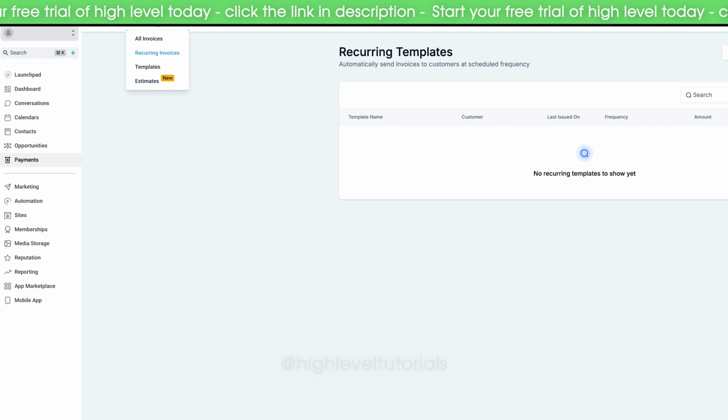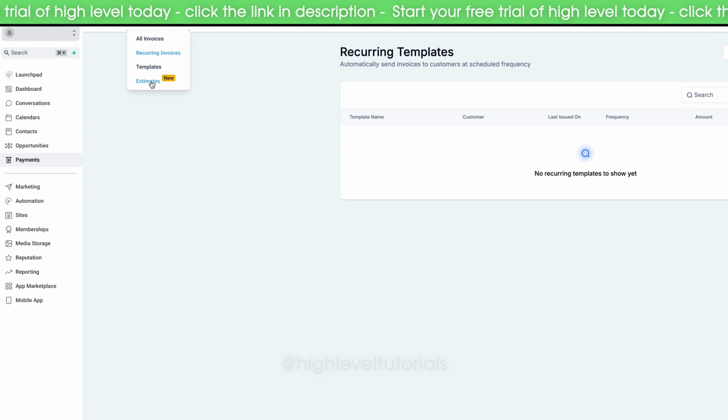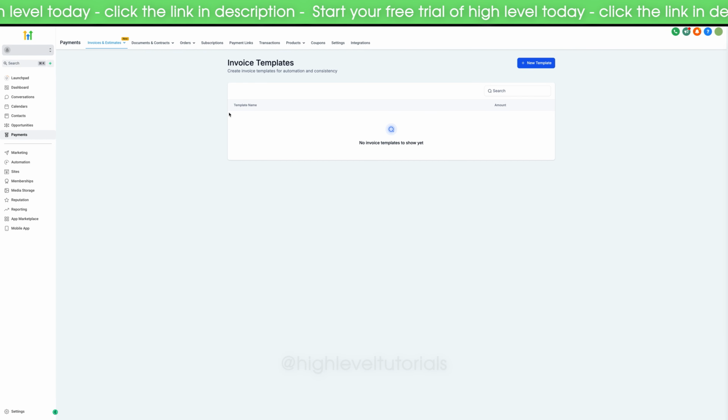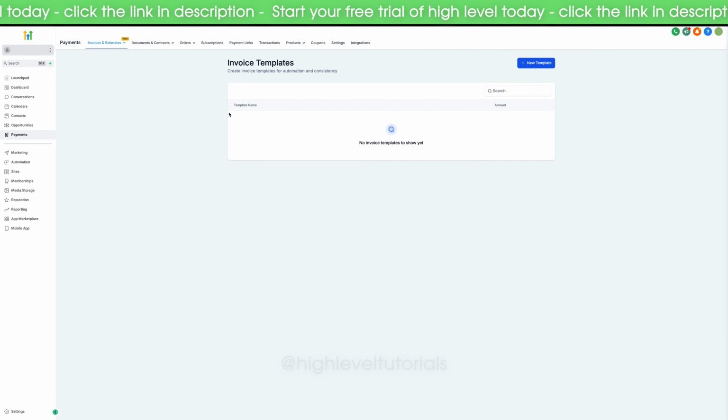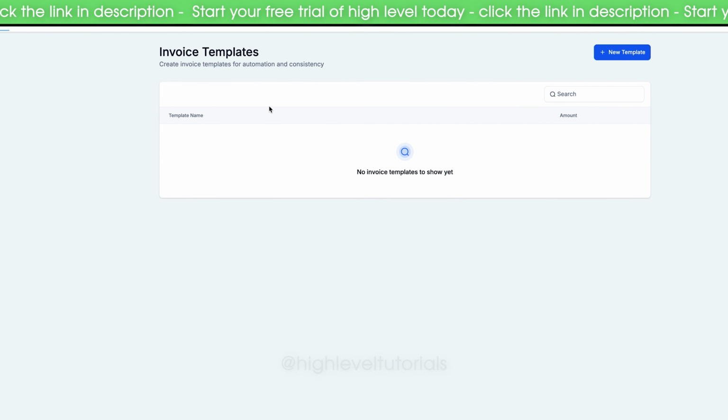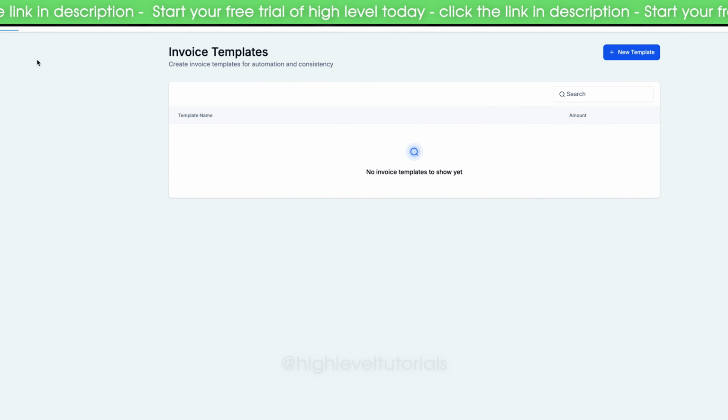Next then, under invoices and estimates, we also have templates and estimates. So templates is essentially templates that we can create. So if we have the same invoice style or the same invoice template that goes out to all prospects, we can make this template once and then utilize that template in every future invoice. We also have